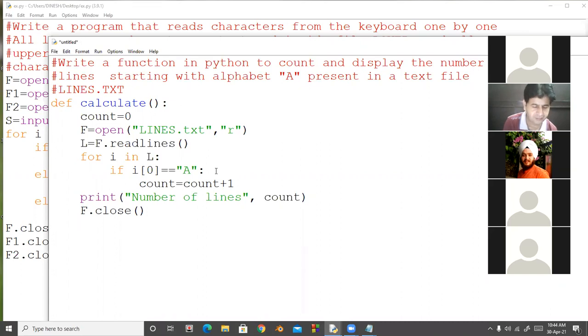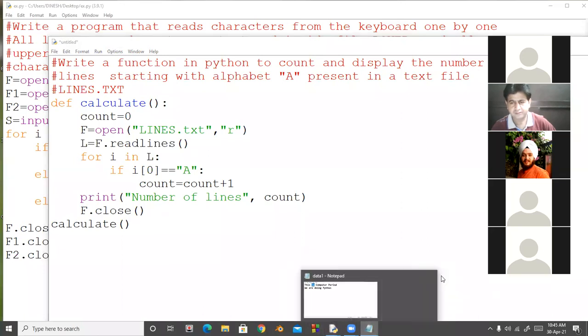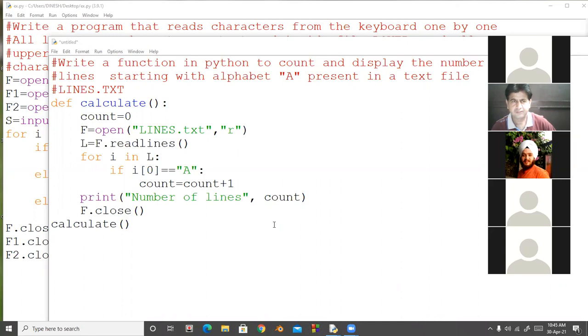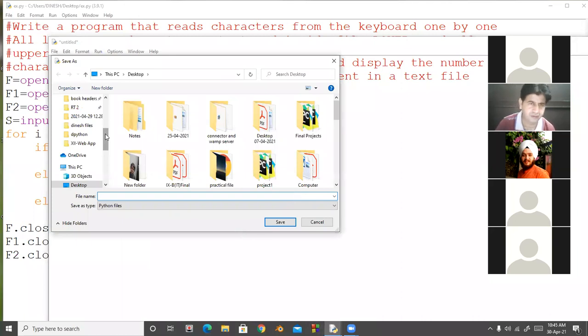End of this is function calling. So I am executing this program. I'm saving the file on the desktop.